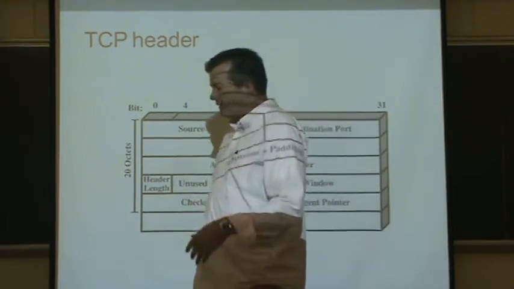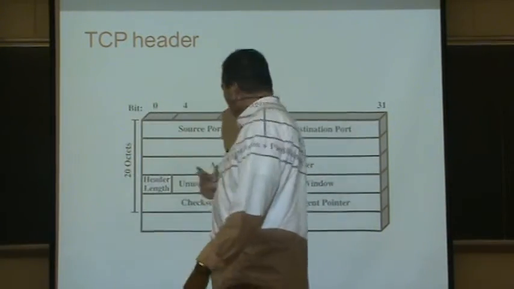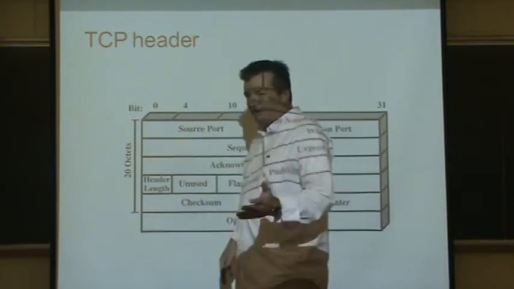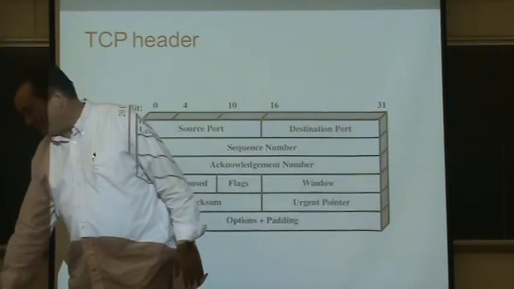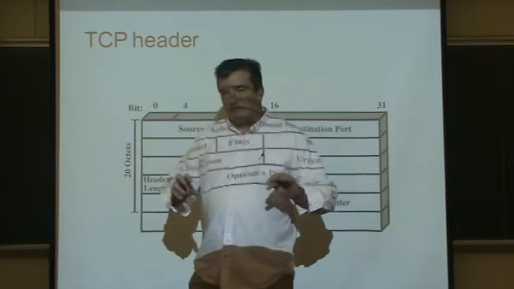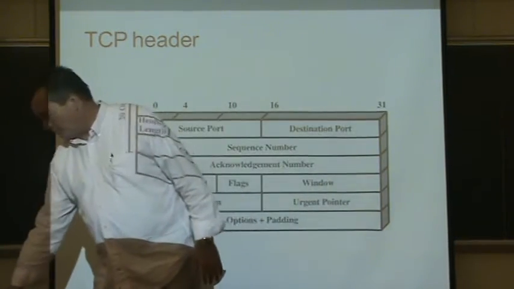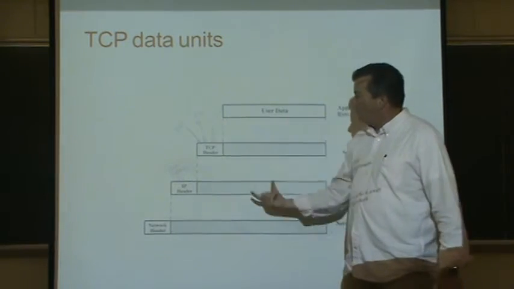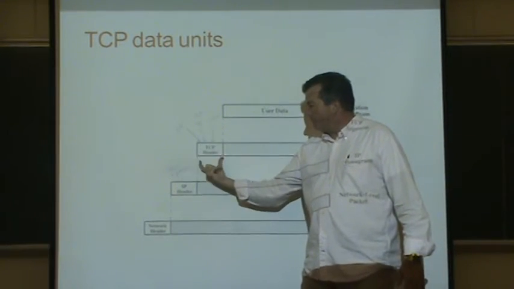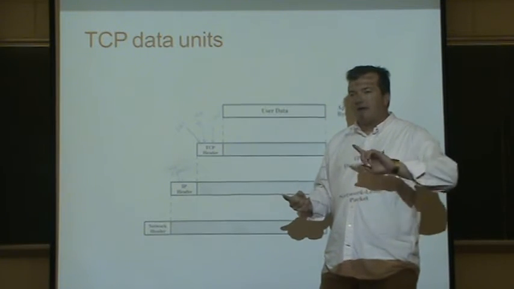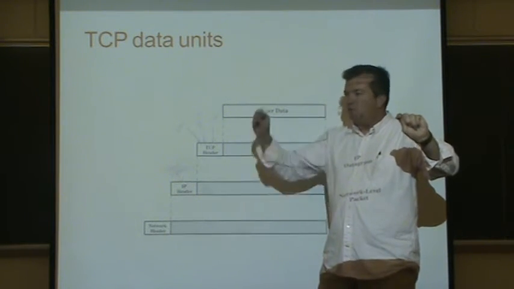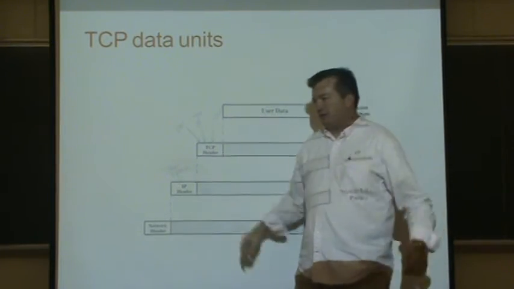That's a little more convenient, because you may miss a field or put 33 bits here, and it throws off all your other bits after it. So it's sometimes good to just use operating system provided socket software when creating these fields. Okay, so we take your message, put a TCP header in front of it, and fill it in with data about how to connect your application to the application on the destination machine.